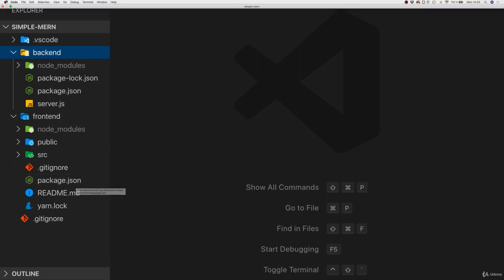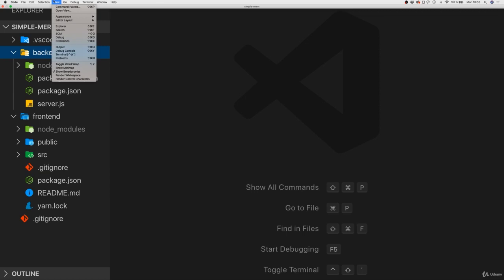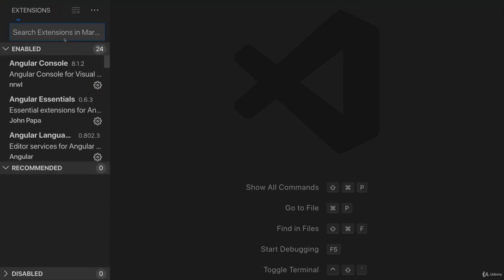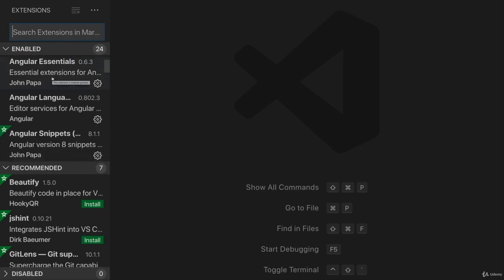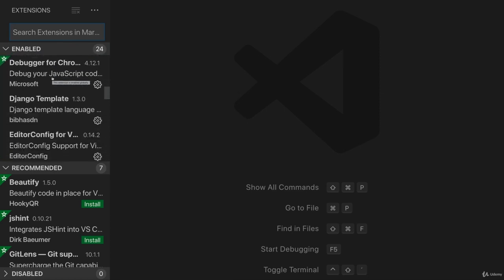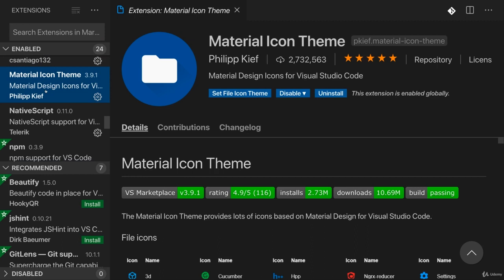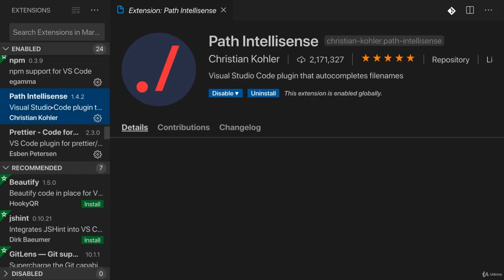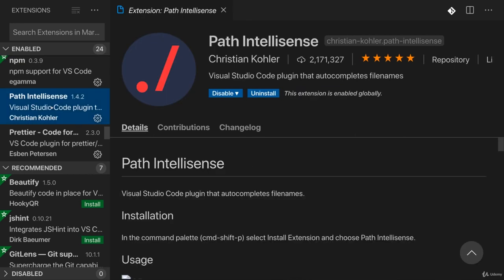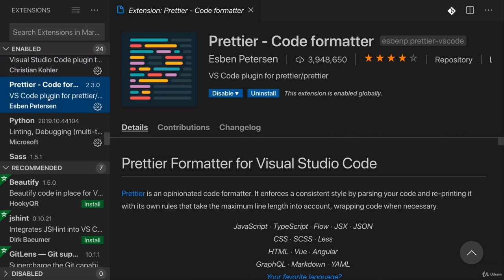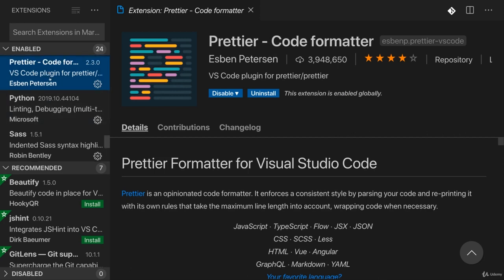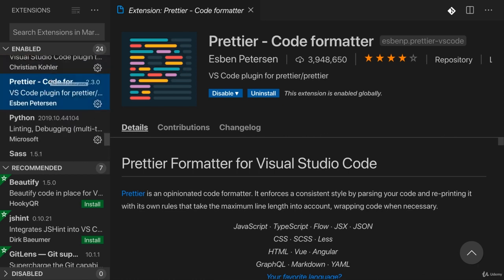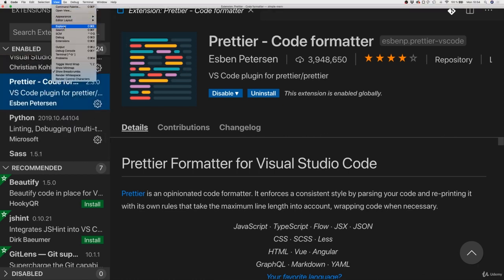Now, in that IDE here, I also installed some so-called extensions. You can get to the extensions menu with View Extensions, and there specifically the extensions I recommend that you install are the material icon theme to make sure your file icons look like mine if you like that look. Path IntelliSense, which can help you with auto-completion of file names. Prettier, which helps you with auto-formatting your code so that it is easy to read and you don't have to format it manually. And with all that installed, also if you go back to the Explorer or use the shortcut you see here,